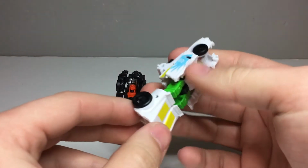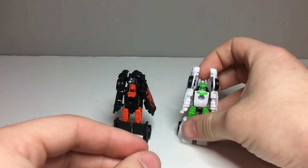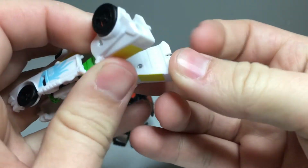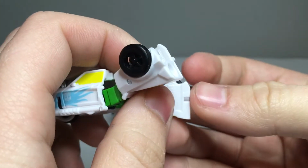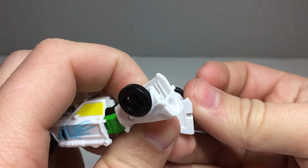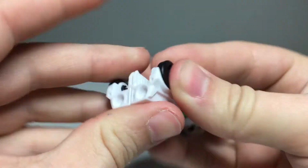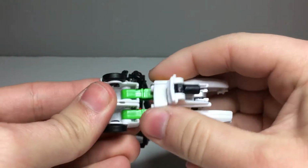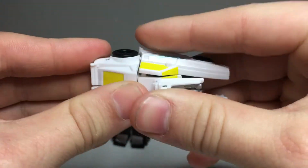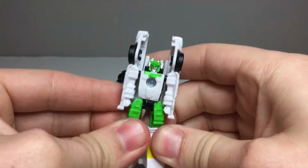The one problem I have with Trip Up is he's actually pretty difficult to get standing, just because, and I have no idea why they designed it this way. You see, like, where his heel would, they just decided to curve it down. And it's so small that that's not really at all necessary for transformation. Even if it went all the way up, he still has plenty of clearance to get his heels past that section there. So I don't know why they did that, and it really makes the figure a